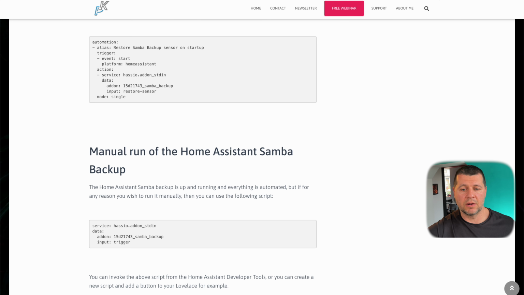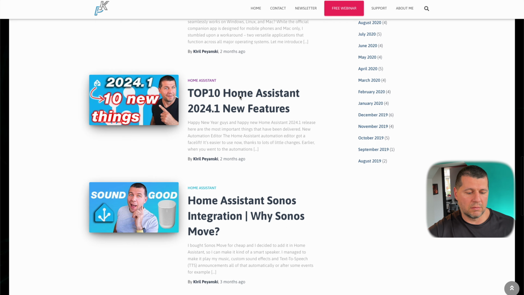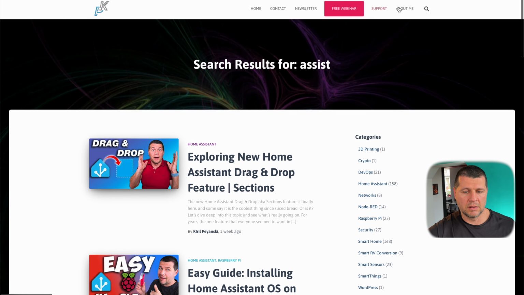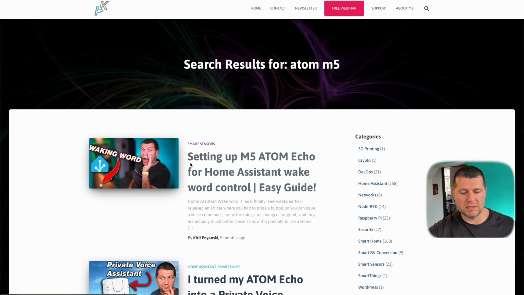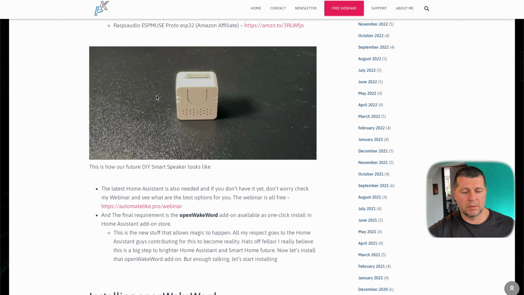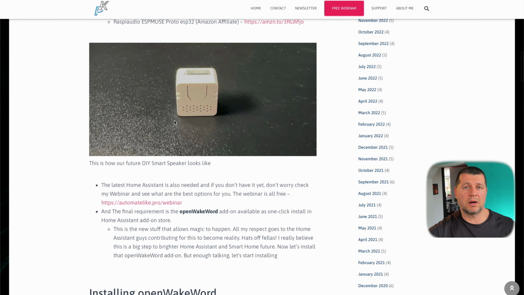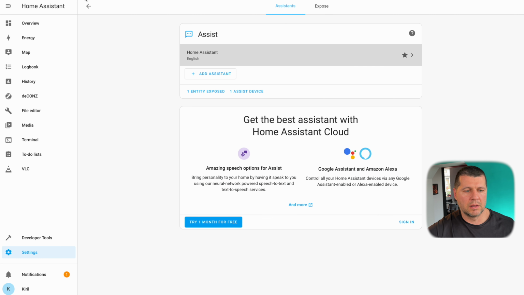Again, this whole setup is well described in this article and this video of mine. Where is it? I cannot find my article. Once again, this is it. This is well described here. You need a device like this one. It can also be another ESP32-based device with a microphone, but this one is a good option. It costs around $15 and it is very tiny. And with that being said,